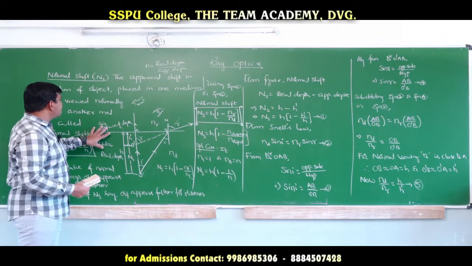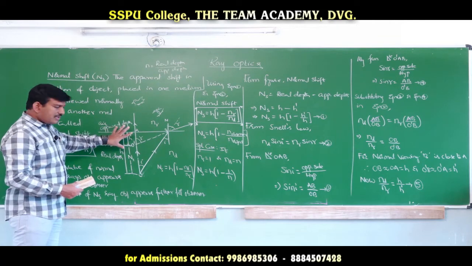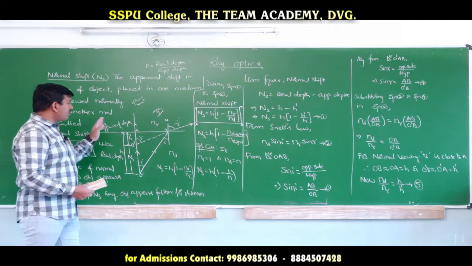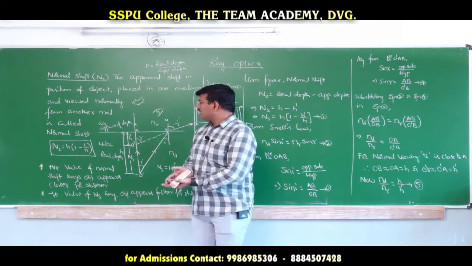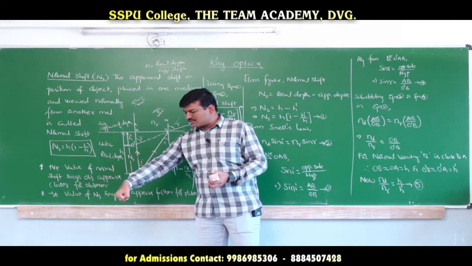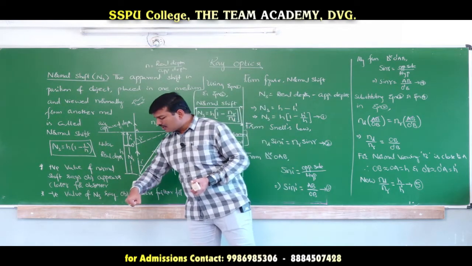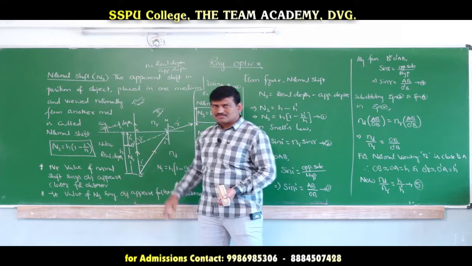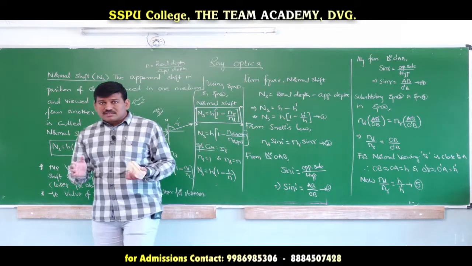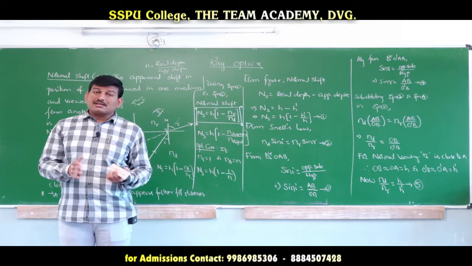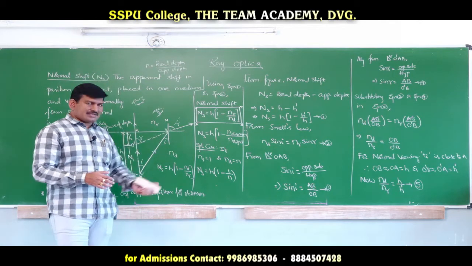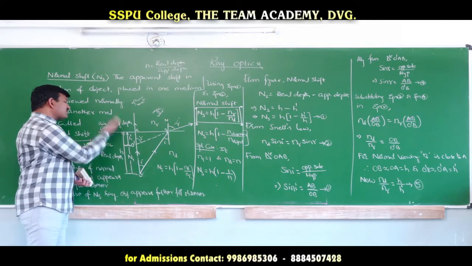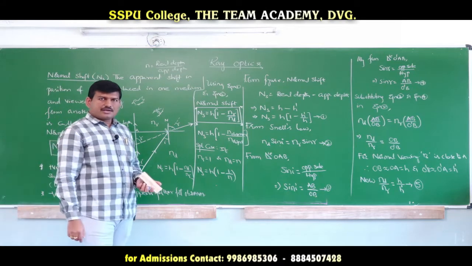And one more thing is, for the normal shift, the observer has to view normally. It should not be viewed at some angle like this. That means if the object is here, I should not visualize it like this. I should visualize like this. What will happen if I visualize like this? Then the normal shift is more than the previous value. If an observer observes the object at an angle more than the normal case, then the normal shift value goes on increasing. That means it appears much closer to the interface. Understood this point clearly?